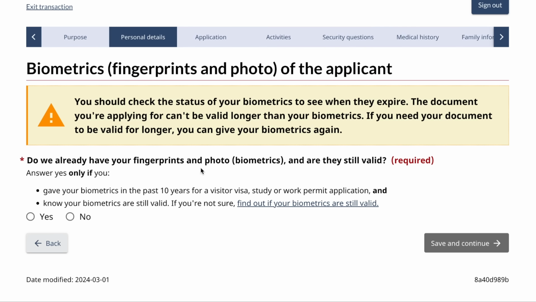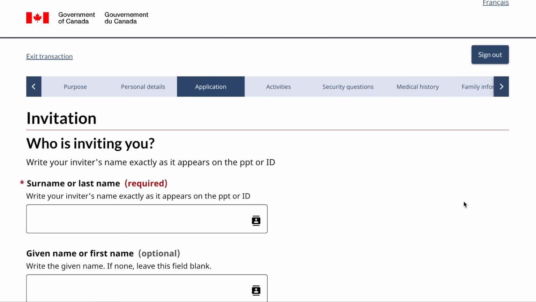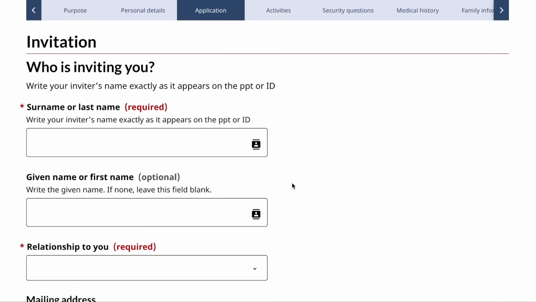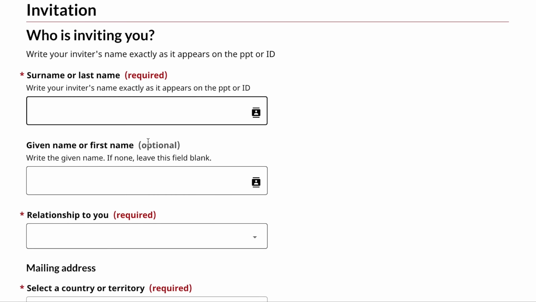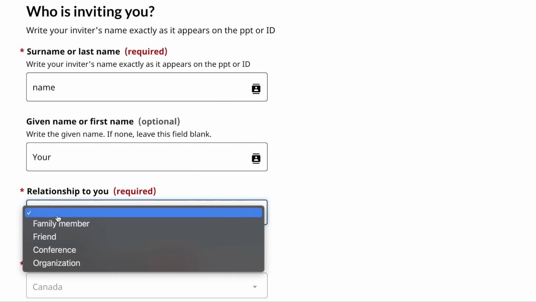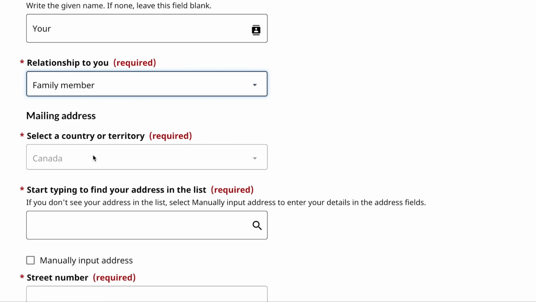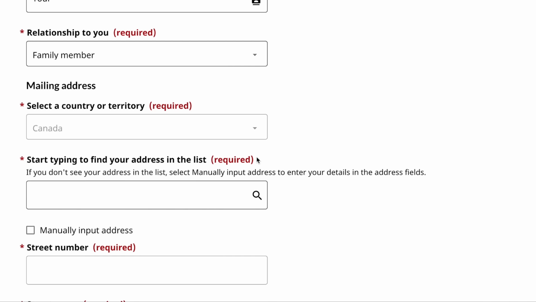Biometrics. Do we already have your fingerprints and photo? If they have already given biometrics before, select yes, otherwise select no. And save and continue. Who is inviting you? Now this will be your details or the person's detail who is inviting them. So for example, if it's you, it should be your name. Relationship to you is family member, and then you should write your address here, your mailing address,